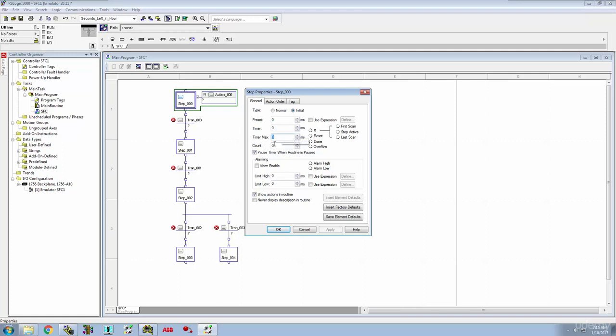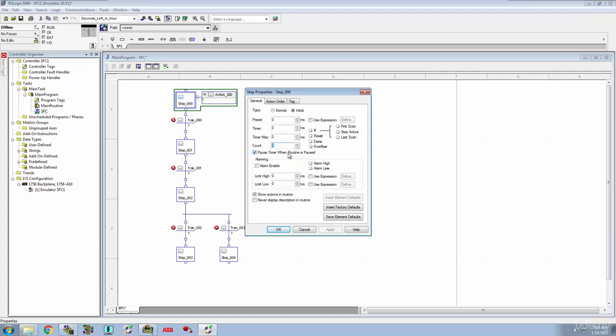I can access the count, and I can see how many times this step has run. And that count has to be manually reset in your program. So if you wanted to count how many times step_000 executes in an hour, all you have to do is reset this count once an hour,